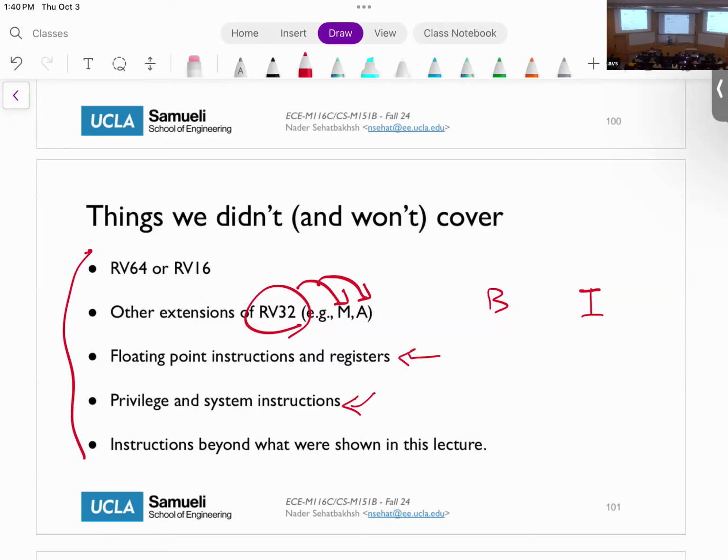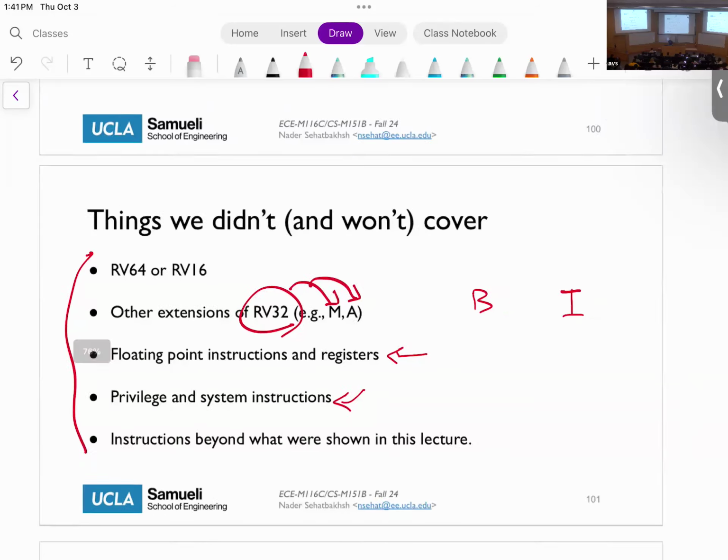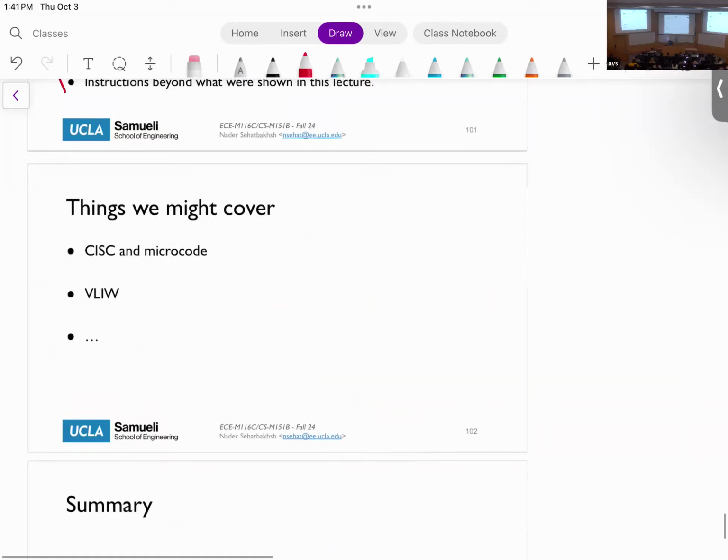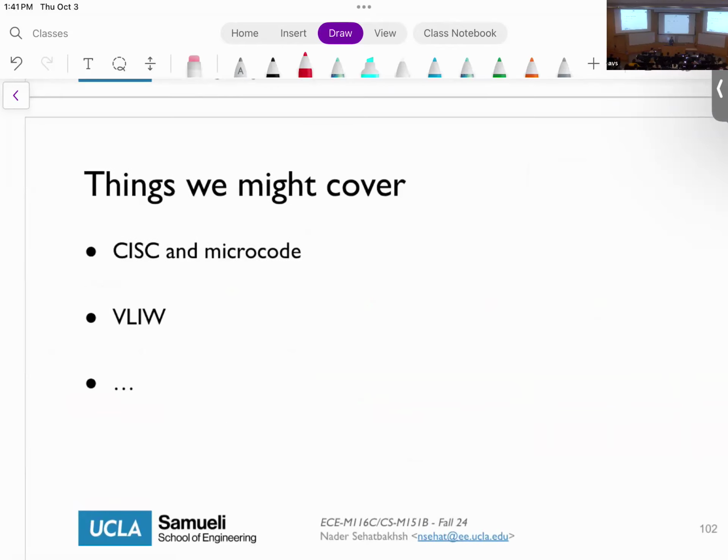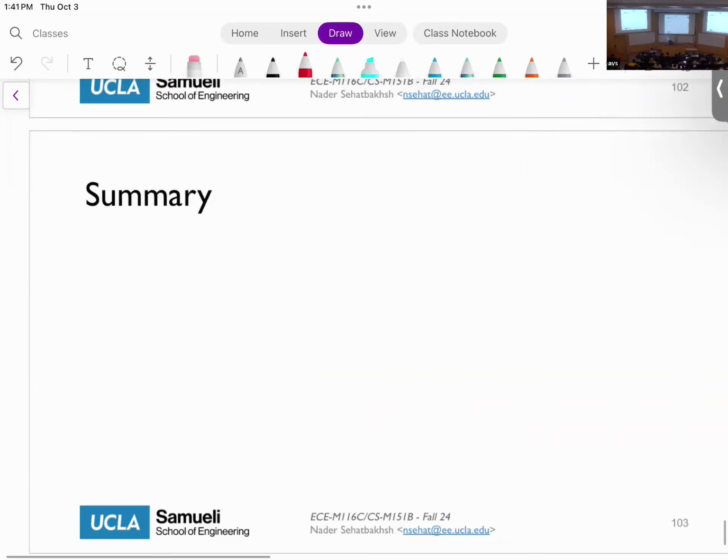And this is generally for writing a general purpose program. All you need in this class would be enough, but there is more to it as well. There are also other types of instruction set architectures such as VLIW, very large instruction words, and CISC, and microcoding that we may cover if we have time, but most likely we won't. All right. So that's it with